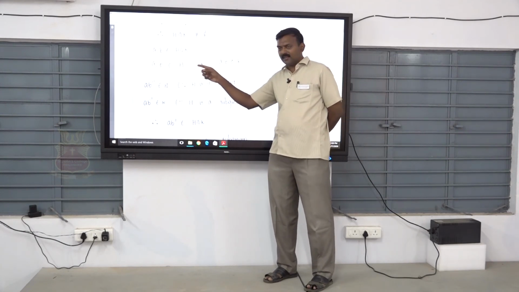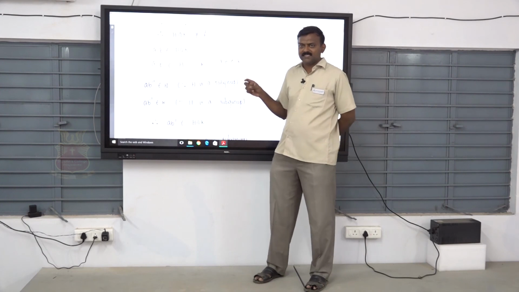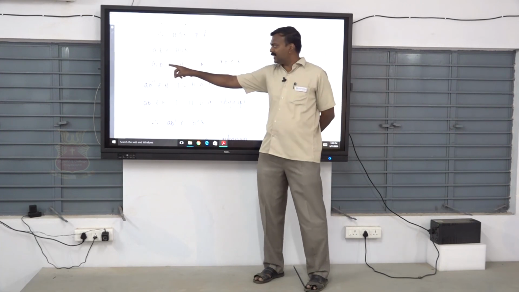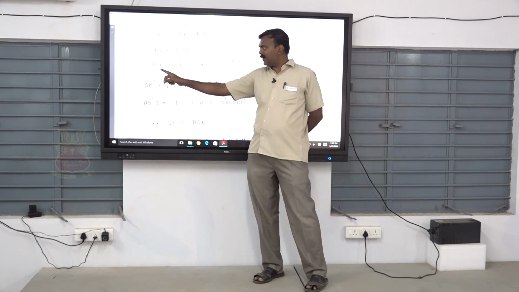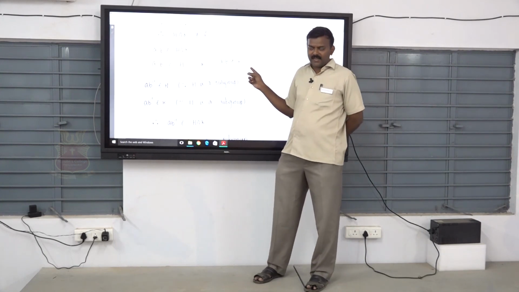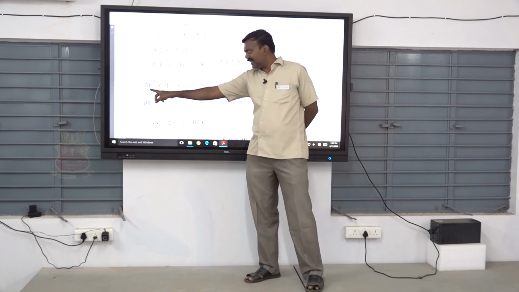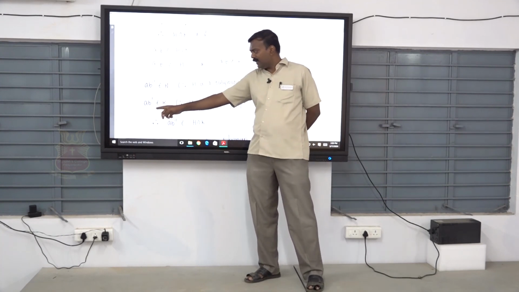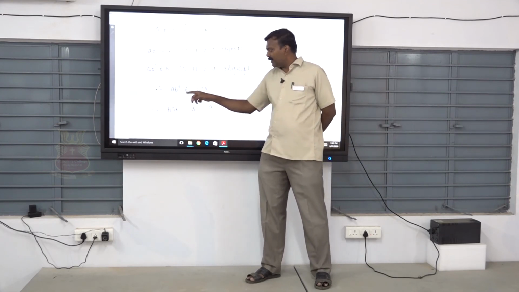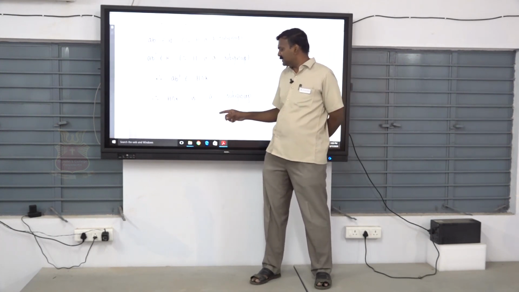What is H? H is a subgroup. Therefore, as we saw in the previous theorem, H is a subgroup implies ab inverse belongs to H. Therefore, a, b belongs to H, and ab inverse also belongs to H. Similarly, a, b belongs to K, K is also a subgroup, so ab inverse belongs to K. Since H is a subgroup, ab inverse belongs to H, and since K is a subgroup, ab inverse belongs to K. Therefore, ab inverse belongs to H intersection K. Therefore, H intersection K is a subgroup.